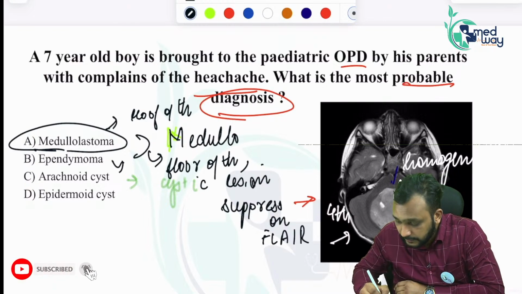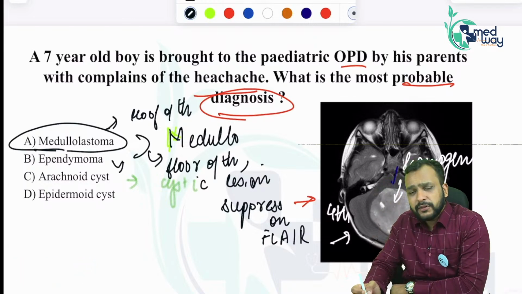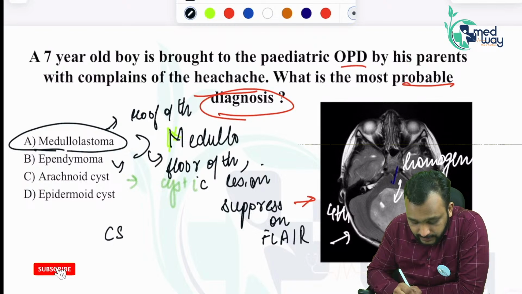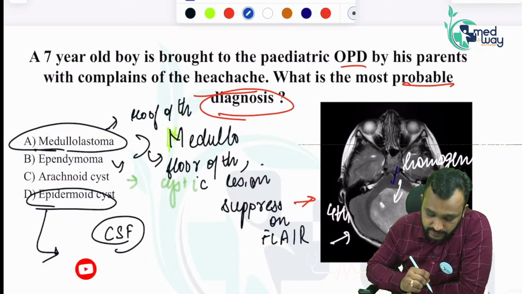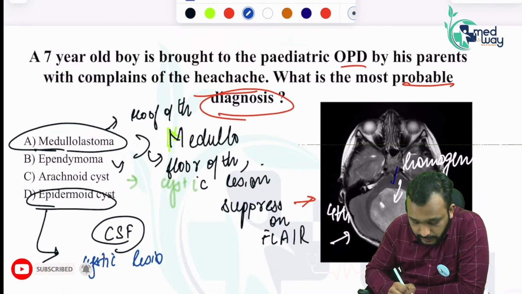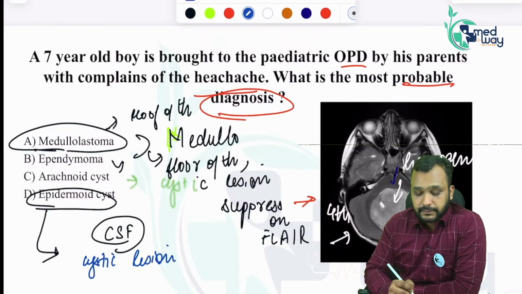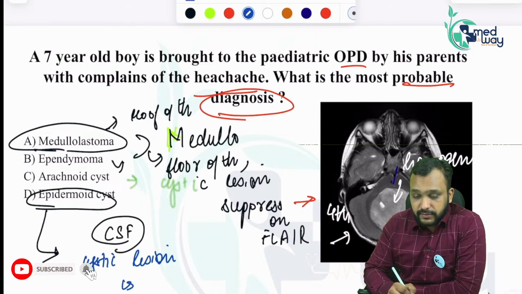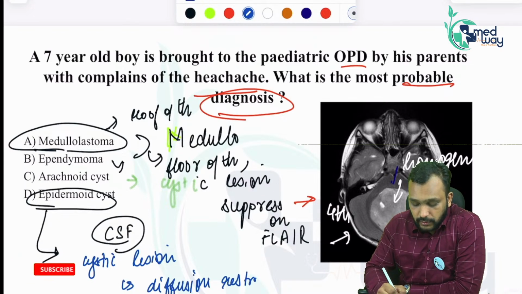So here this lesion is T2 heterogeneously hyperintense, but an arachnoid cyst, guys, will have a signal intensity that of CSF. Whereas if I talk about epidermoid cyst, it is again a cystic lesion which shows, can anyone tell me how to differentiate arachnoid cyst from epidermoid cyst? So just remember that epidermoid cyst is going to show diffusion restriction on DWI images,